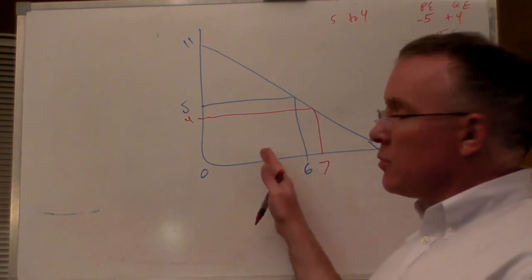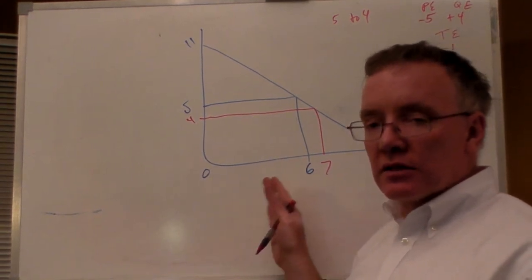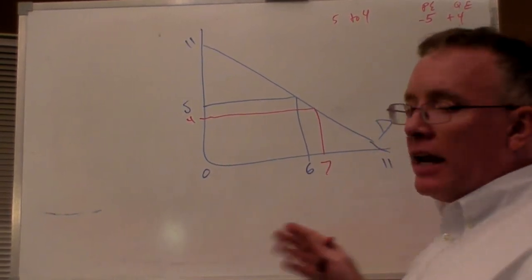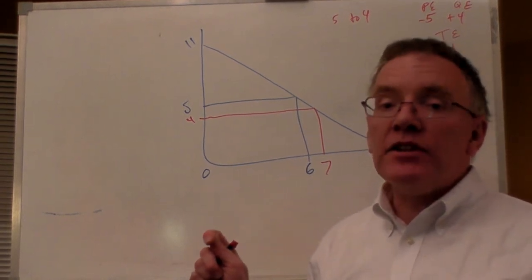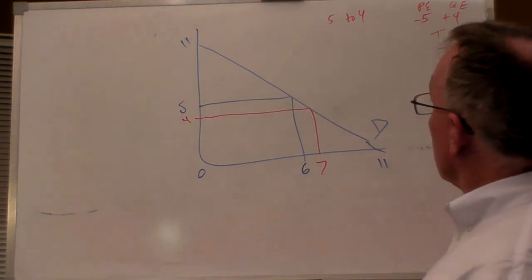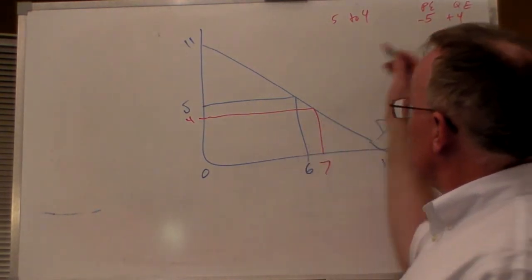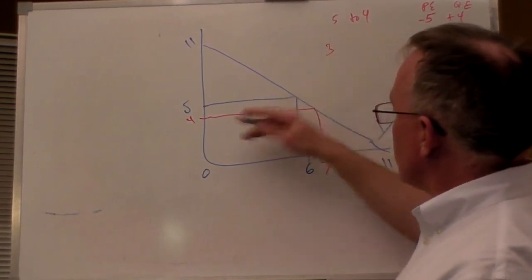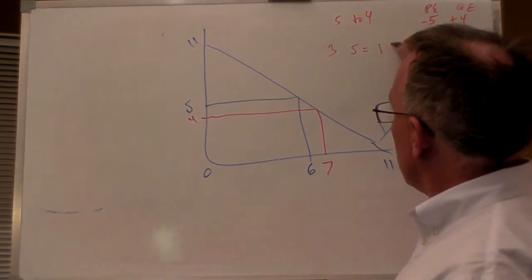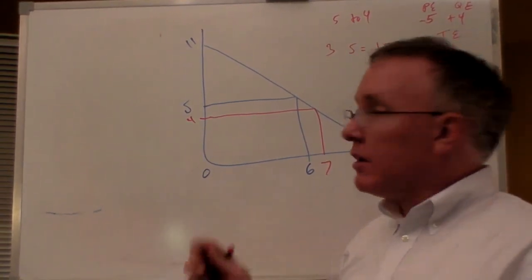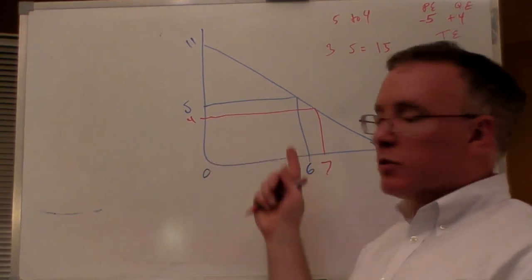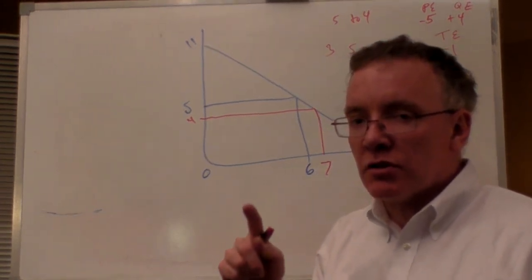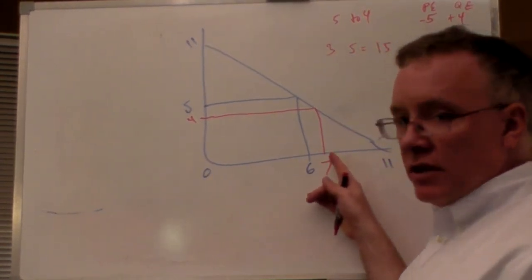But let's say we were back to our firms, our oligopoly, and they had some sort of a deal where they had each agreed to produce 3. Well, then any individual firm of these two would have an incentive to cheat. Let's say for the market we're producing 6, but each individual firm is producing 3, and they're charging the price of 5, and so that would be a total revenue of 15. But if this individual firm were to increase its production to 4, assuming that the other firm kept the deal and produced 3,